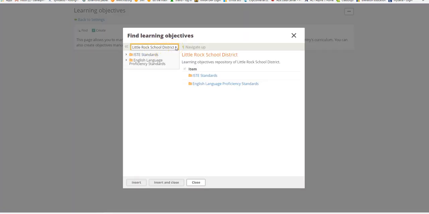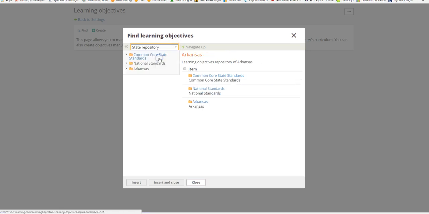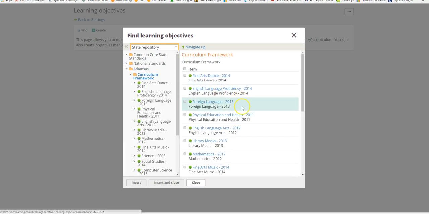And you'll see right here that there's a drop-down menu where it says Little Rock School District. Go ahead and click that drop-down menu, and you're going to go to State Repository. When you click that, it's going to bring up another list of options, and we're going to actually click on Arkansas. Then we're going to click Curriculum Framework,